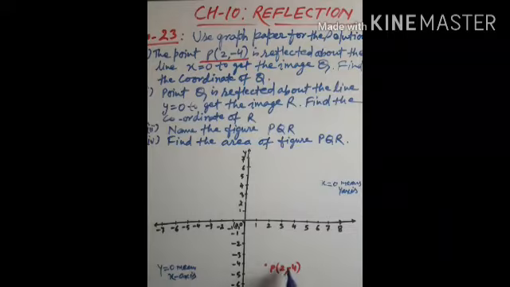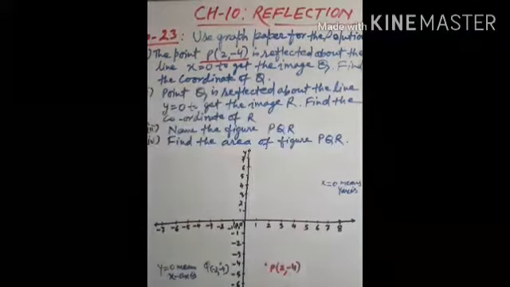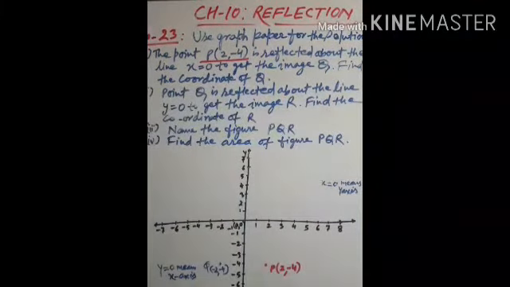Third quadrant, where will the image form? So just align the 4, and this is 2. So 2, so it is -2 and -4. So the coordinate will be here. So mark this point. So this is P dash, or what is saying, that is the image is Q. Q is the image formed over here, and the coordinate will be -2 -4. Okay, so this is the first answer. First answer is coordinate of Q.